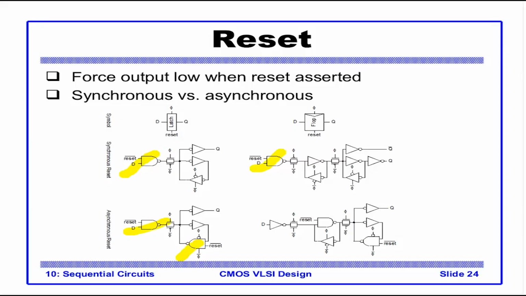So let's see what happens when reset goes to 1. When reset goes to 1, this node becomes 0 and this node becomes 0. So Q becomes 0. Even when the effect of reset goes away and the clock is 1, we need D to become 1 to make Q 1. If this node was not reset, then whenever the clock comes, this intermediate value can get transferred to Q. To prevent this, we make this node